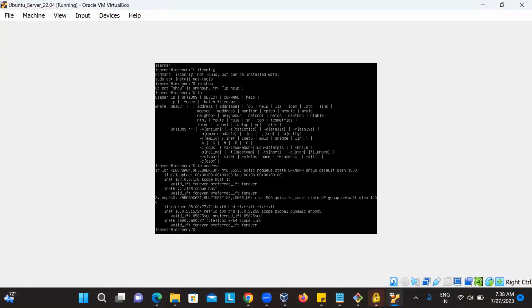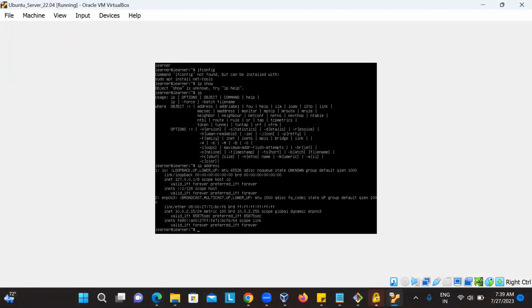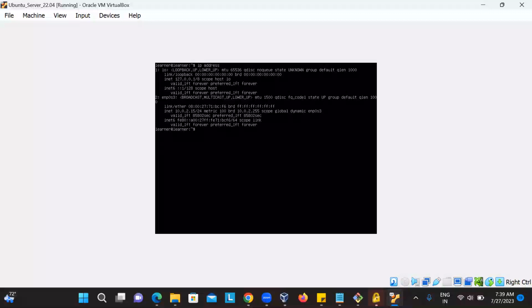Okay, let's do one thing. We'll talk about the network interfaces in a minute. But before that, I want to log into the remote machine, right? Now I can't log in to the remote machine because of my VM's IP address. I hope you can see the result here. I'm going to print it again. See, my network interface IP address is